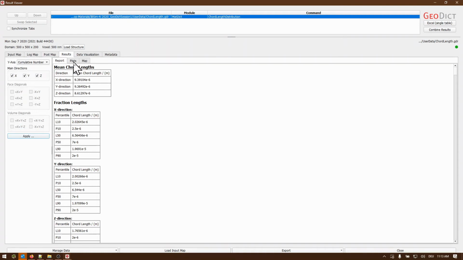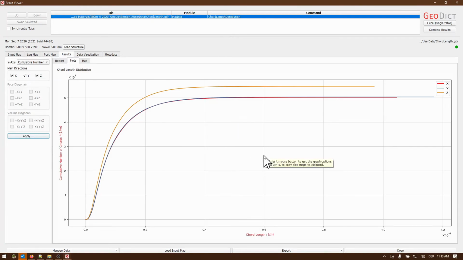And of course, one can also plot the results, and we can see the clear difference between the X and Y, not only in the largest lengths that occur, which is about 120 microns over here for the X and Y direction maybe, but also in the number of shorter chords that occur in the Z curve, the top curve over here, that makes the Z curve look quite different from the other two directions.